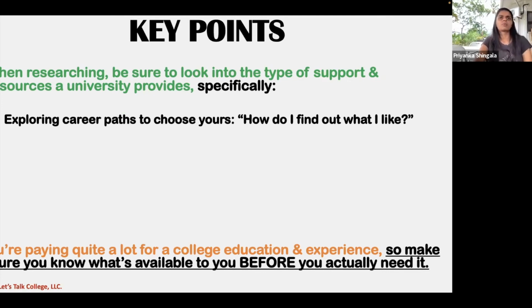Okay, great. Some universities, to solve this, how do I find out what I like question, will have an exploratory major, or an undecided major, and they say, we want you to take these certain classes, we have speakers coming in from different fields, and they talk about their jobs, and that's basically what it is. Whatever it may be, do your research to make sure there's a nice, robust way of figuring out what it is you would like doing. So you end up in an area of your interest, and you don't walk out with a degree that might not be of use.